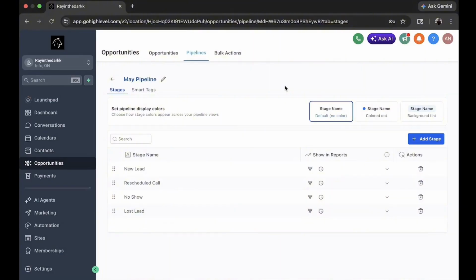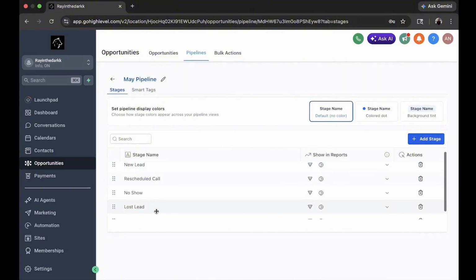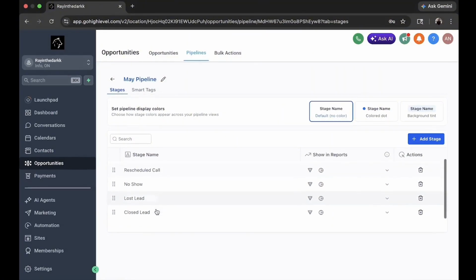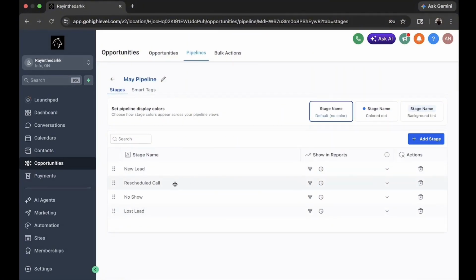All right, now we're in the opportunity section. This is where you track every lead through your sales process, from the first touch all the way to being closed. At the top, you've got three tabs: opportunities, pipelines, and bulk actions. Right now, we're inside of pipelines, and this is where you're actually going to build out the stages of your pipelines. So as you can see, I actually have 5 pipelines: new lead, rescheduled call, no show, lost lead, and